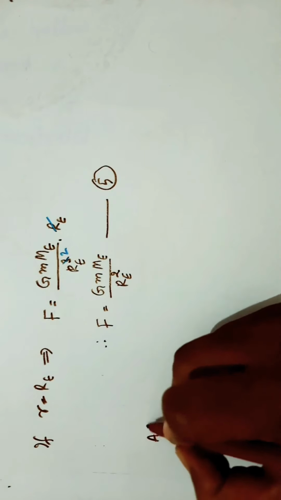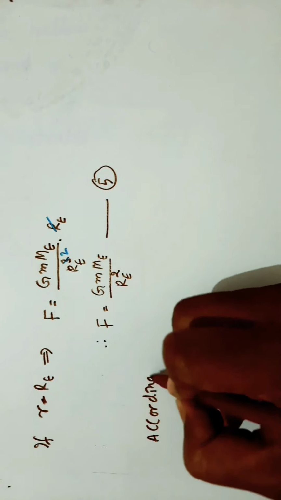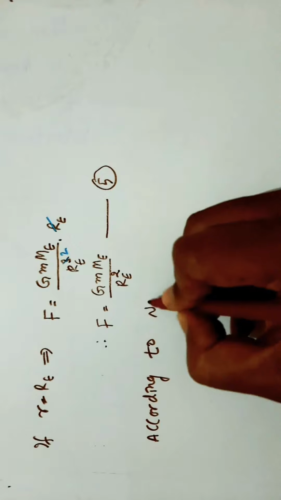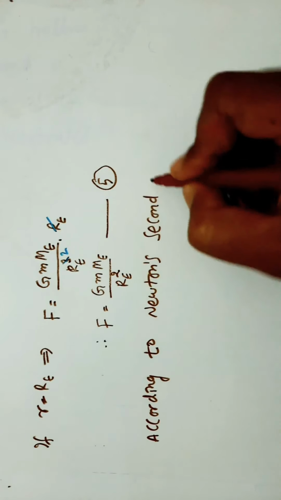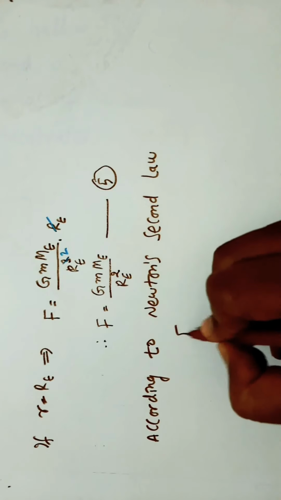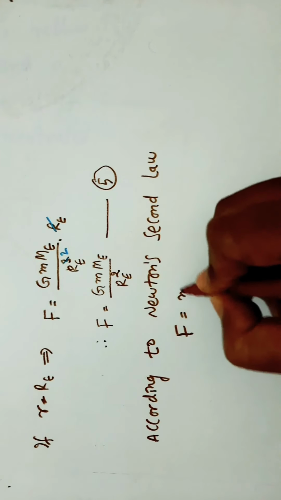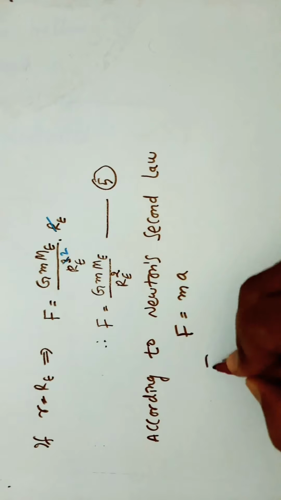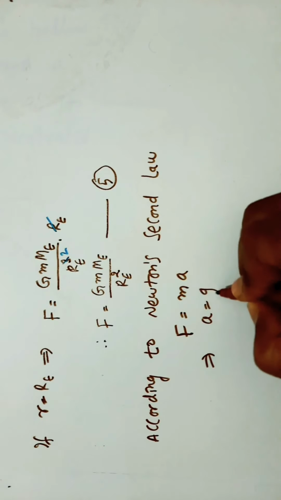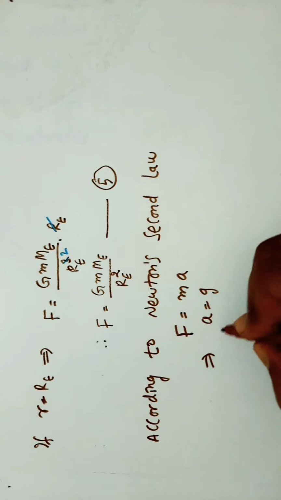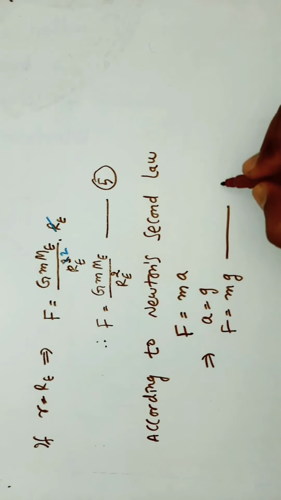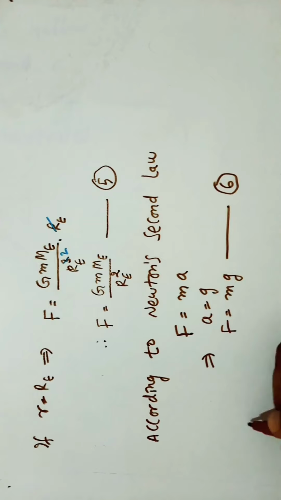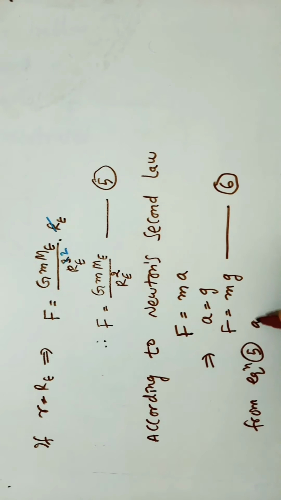According to Newton's second law, F is equal to ma. Here a is equal to the acceleration due to gravity, a is equal to g. So from this, F is equal to mg. Let us take this as equation 6. From equations 5 and 6,